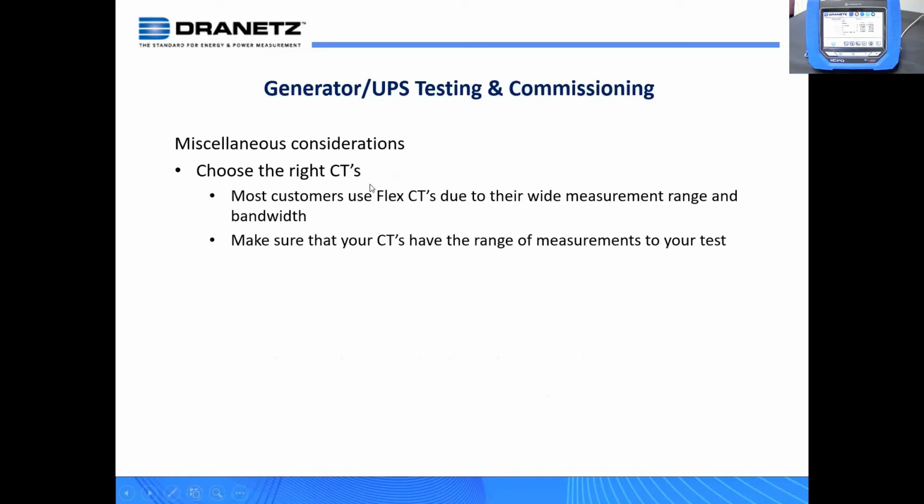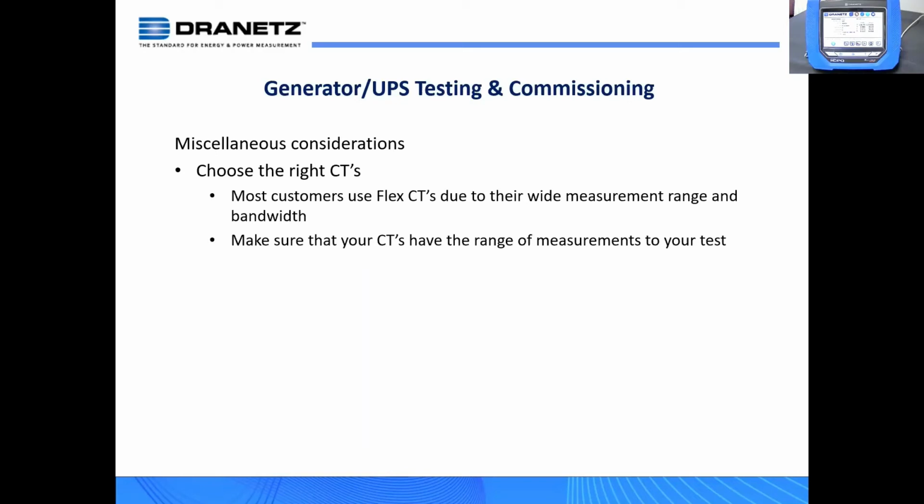Okay, just some miscellaneous considerations, and there's really only one listed here, and this is just a general thing that we recommend: make sure you choose the right CTs for your application, because you're going to take something from 0 load to 100% load. You want to make sure that you can look at some overshoot and have some high range. As an example, if you have a 1,000 amp bus, maybe you don't want to have a 1,000 amp CT. You want to have some headroom on top of that. And conversely, you don't want to undersize or oversize your CTs either. You don't want to have this huge 3,000 amp CT for a 100 amp bus, if you can understand